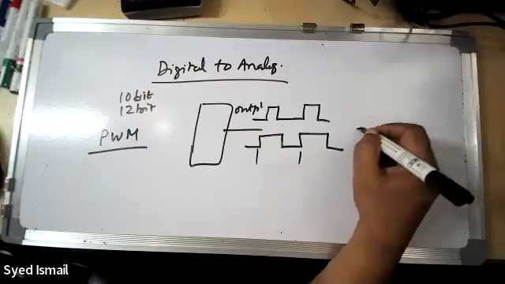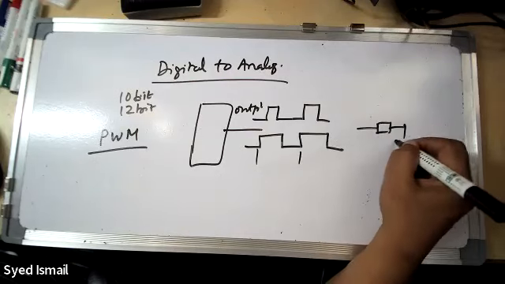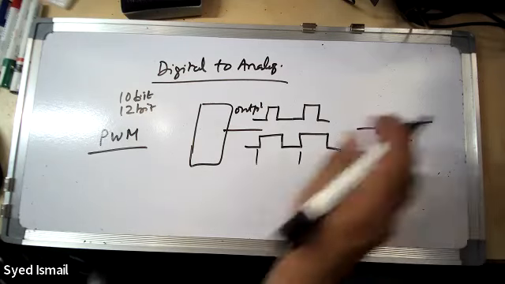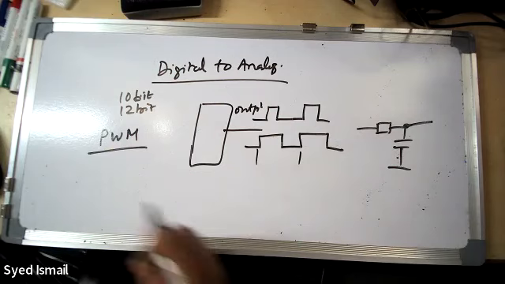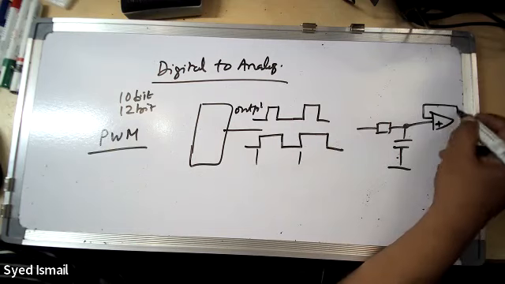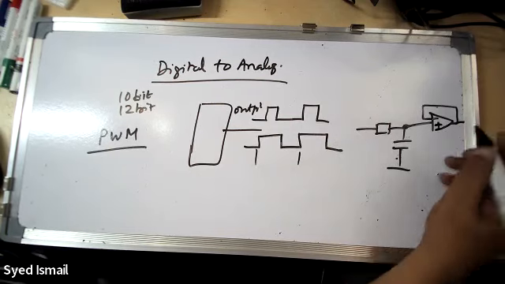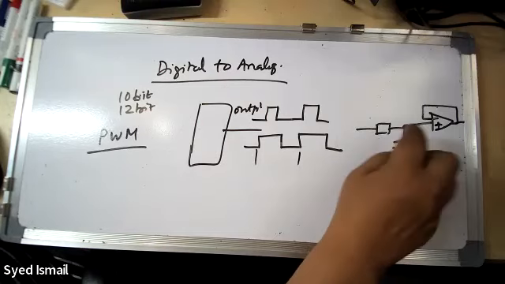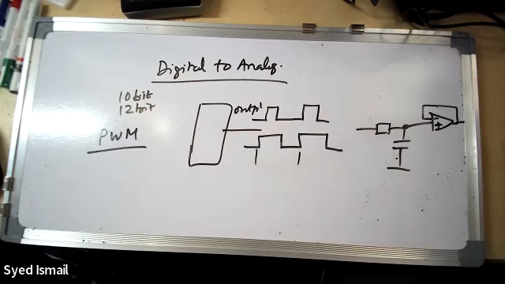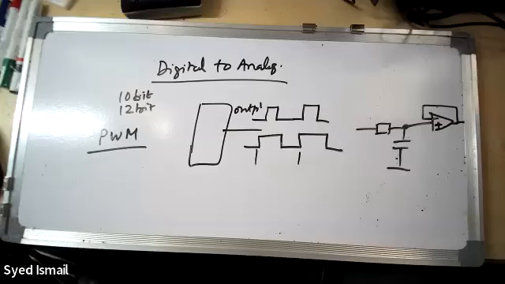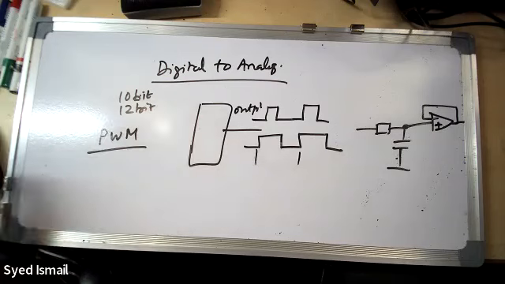With the width I change, I can use a very small resistor and capacitor. This will give me analog voltage straight away. And if you require, I put a buffer. If you really want to have a buffer, then I will put a small op amp here to give a higher current output. So this will give me exactly what I want, a digital to analog voltage, which is sufficient for most of your purposes. No need to go and buy a digital to analog converter.